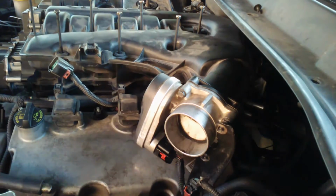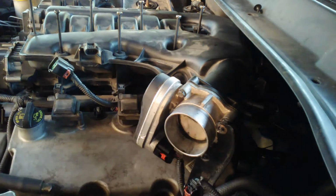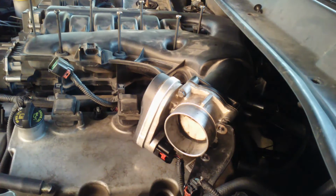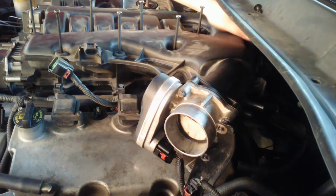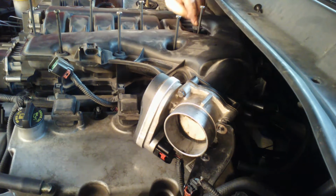There's a few points that you have to take precaution on. You have to get this out from the bracket. You could undo the bracket, but I've never done that. It's probably the smart thing to do. And that silver tube in the back, you don't want to bend it. And this transmission dipstick,